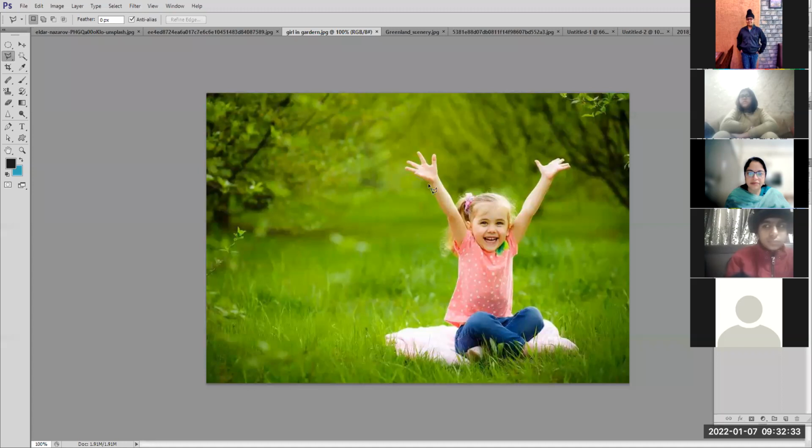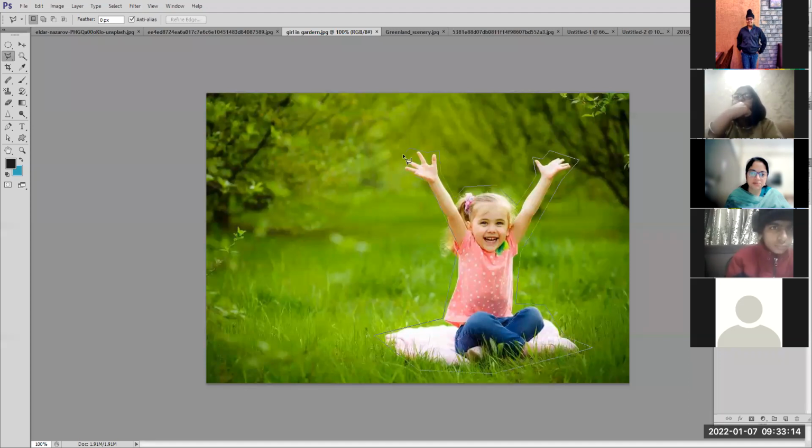I click here. Now you can see my pointer. This is still drawing the straight lines. I'm clicking here, here. It is drawing the straight line जहां जहां पे मैं click कर रही हूँ. Straight lines. Most important part in your photo editing is selection. If your selection is good, your editing will be okay. आपकी editing अच्छी होगी.